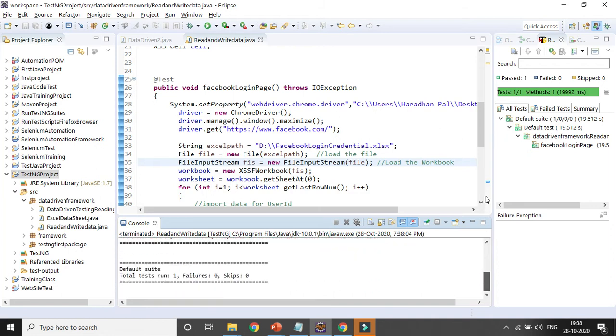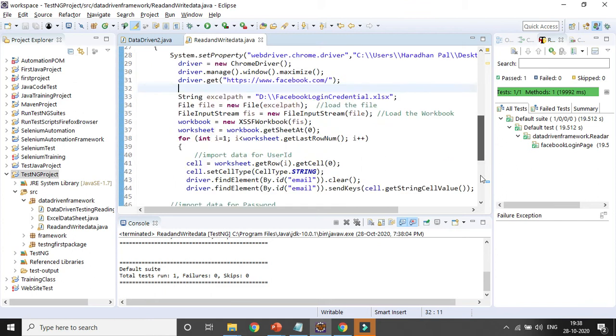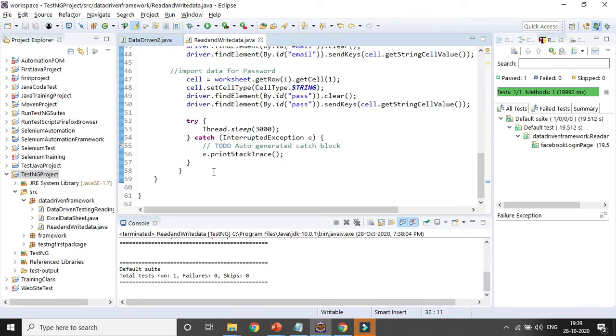Okay, so for the output file, for whatever data I want to enter here as part of my output, I will write some code. What code will I write? I will use another class, which will be file output stream.